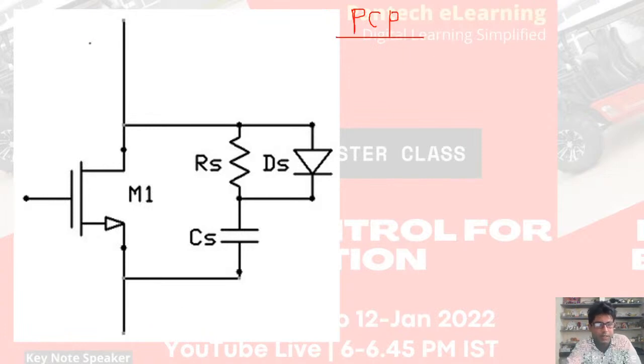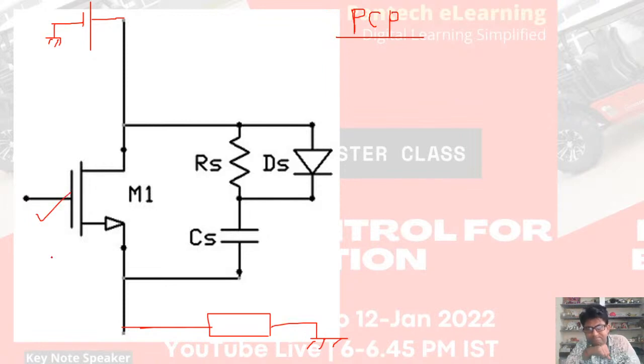Now you see here, your DC voltage is connected, and here is your load. And you are switching this MOSFET. So when this switch is closed, the load current is flowing through this. Okay? When at once the switch is open, because this is happening at very high frequency, suddenly that current flow